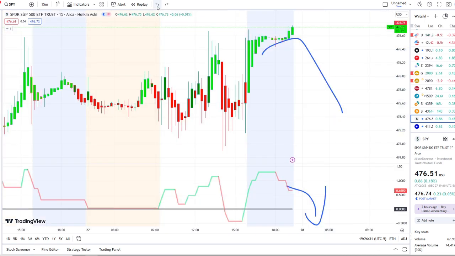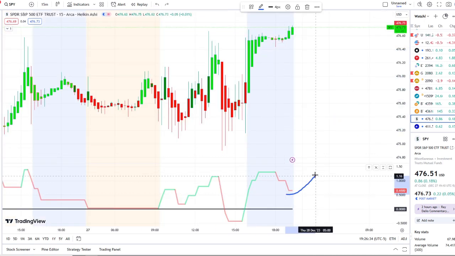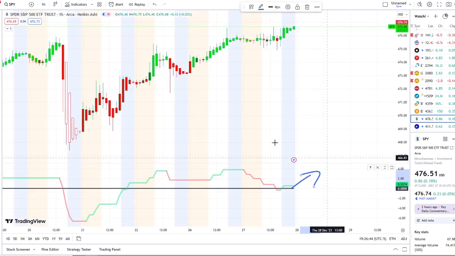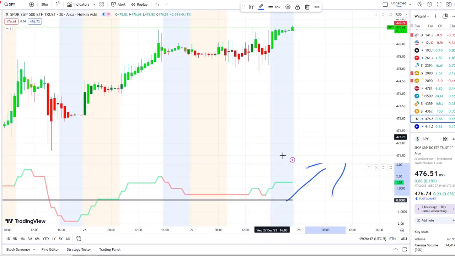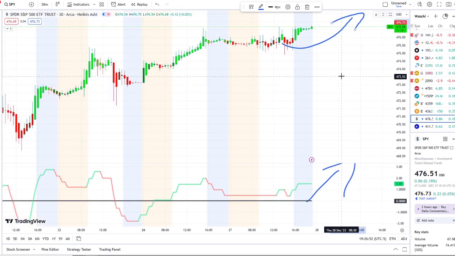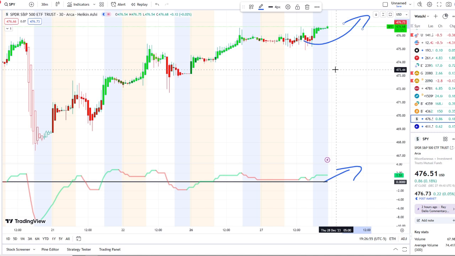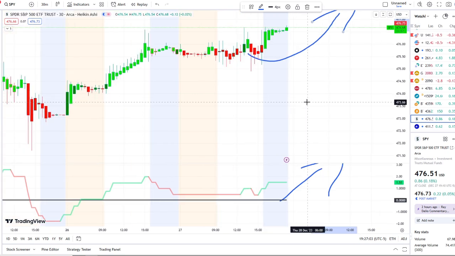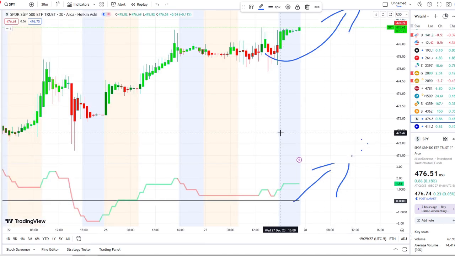To the upside, it's going to be crucial and critical for these inflows to continue pushing up here on the 15-minute, to continue justifying any further strength to the upside, and same thing on the 1 hour, pushing upwards, and on the 30-minute away from the midpoint to continue to retest newer highs and key resistance levels. And the first resistance is the 477 area. Then above that is 480. And then I'll be watching the 482 level. So those are the key levels I'll be watching to the upside and to the downside. And I'll be watching the inflow versus outflows very carefully.